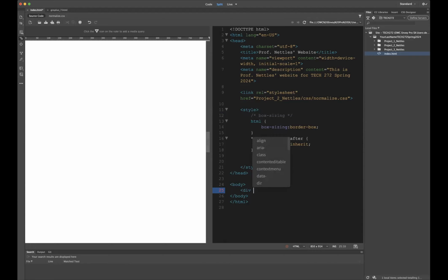Oh, actually, I'm going to keep this a little simpler. So main, and then inside of main, H1,